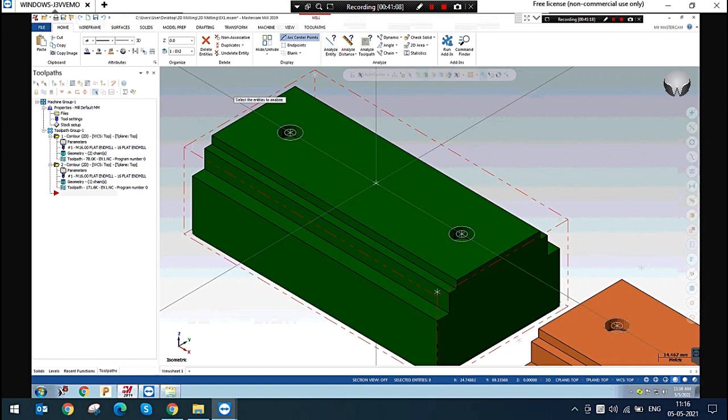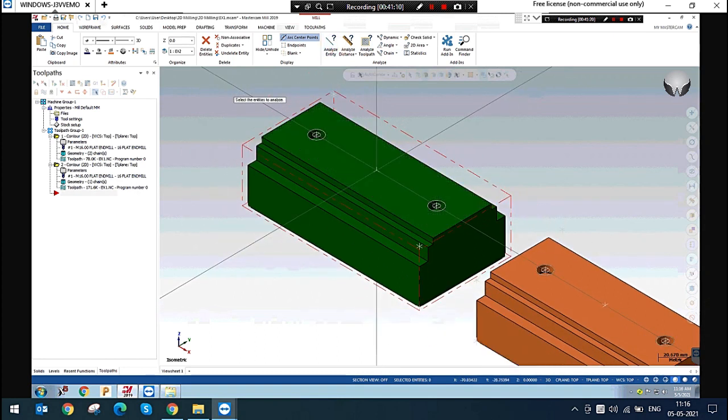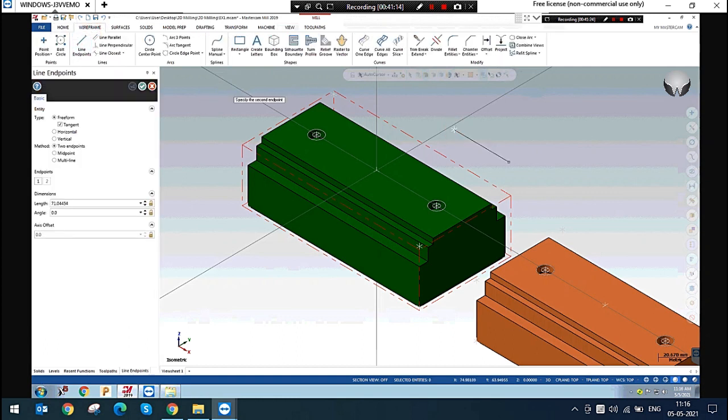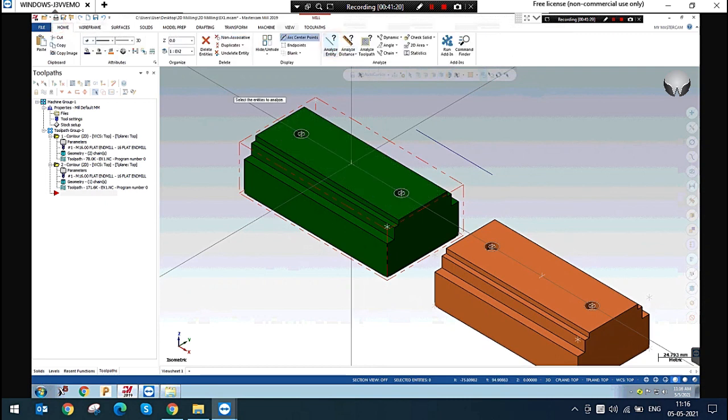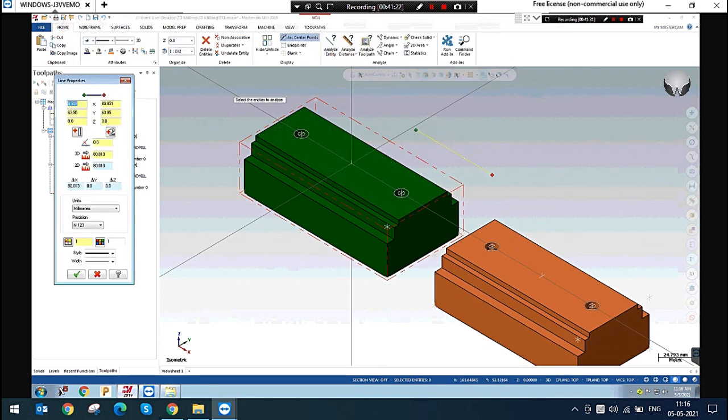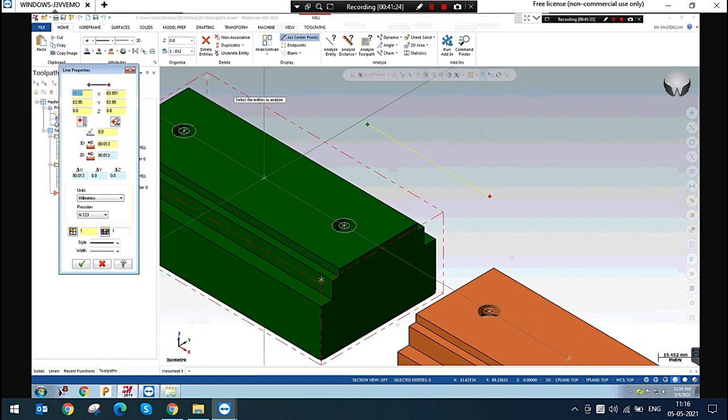Now I am selecting analyze line. I need to create a line. Analyze entity. I'm just selecting this line. It's showing the line properties. This is the start point of this line. Where is it located? The green color is the start point, and the red color is the end point. Where are they located from the origin?